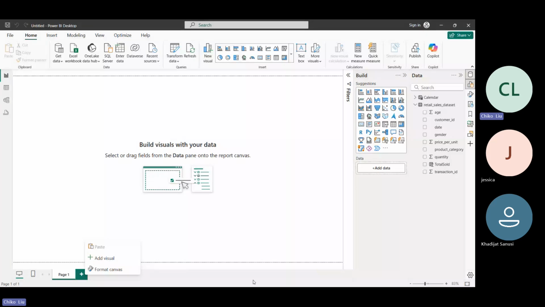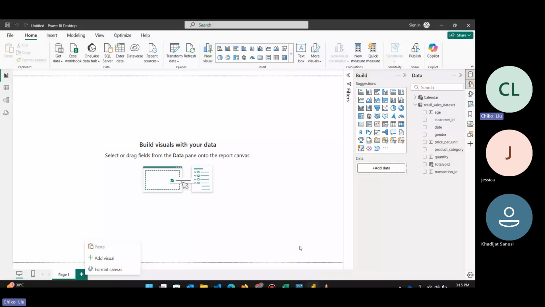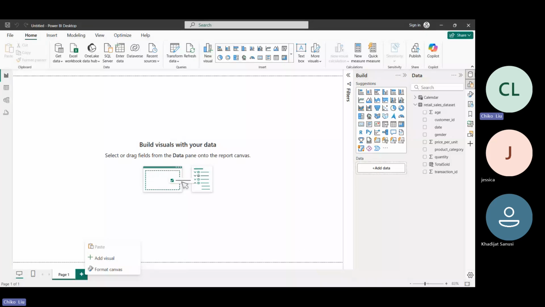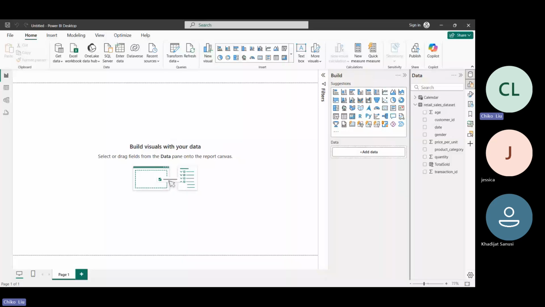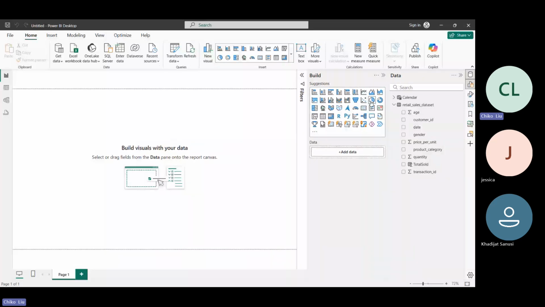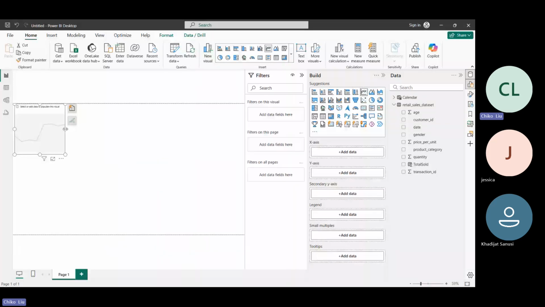Hello. So let's say I want to do a trend analysis. I want to show something against time, for instance. Anything that has to do with trend is something that has to do with a line chart, which is this, right? So you really need to know about it. And why do you need to do trend analysis? Anytime that you want to check month-on-month performance,